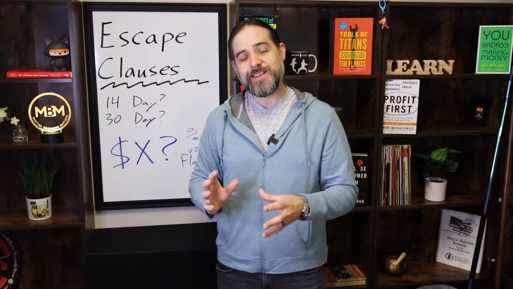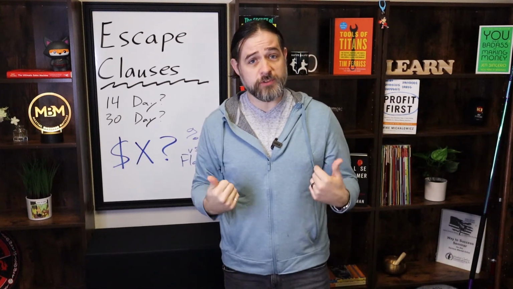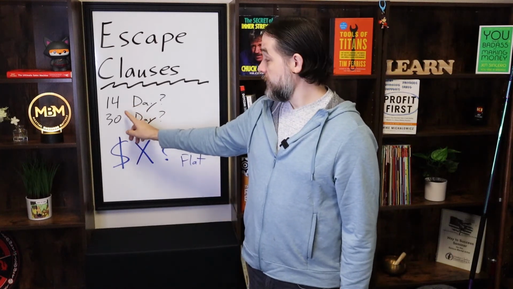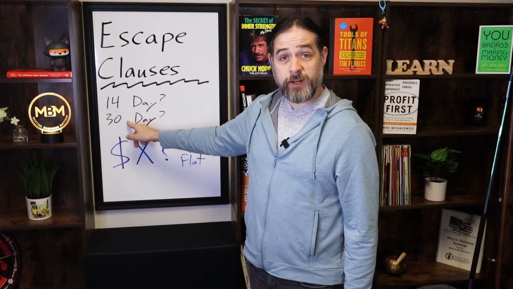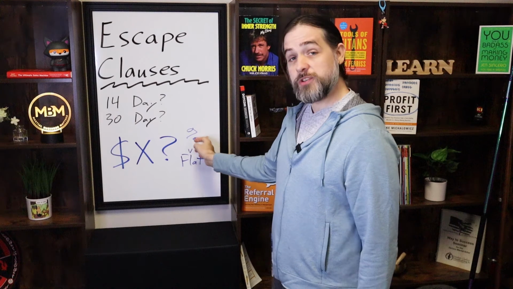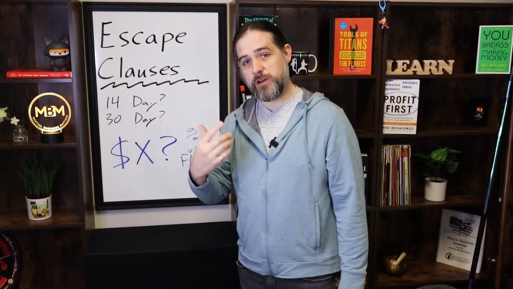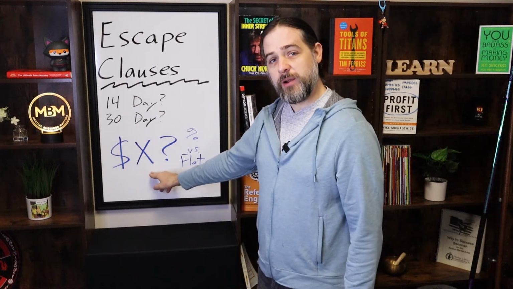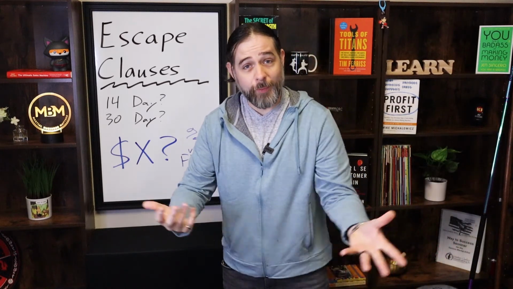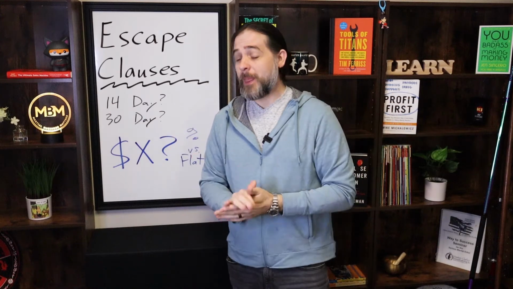How you plug these into your various different program offerings is entirely up to you. But if you want to use my model, then it's basically this. On your ongoing, you would use either a 14 or 30-day notice to cancel. On your shorter term agreements, you would use a percentage basis to cancel. And on your longer term agreements, you would use a flat rate to cancel. Again, that's just my model for success. You don't have to listen to me or follow my advice, but maybe you're watching this channel for a reason. I don't know. But there it is.